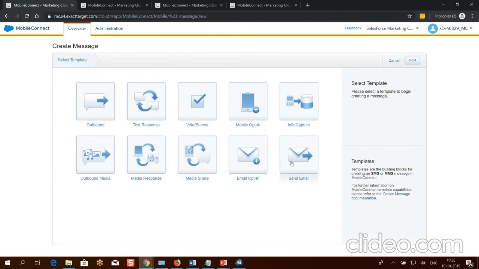we have send email messages, media messages, email opt-in messages, and for that I can now switch to